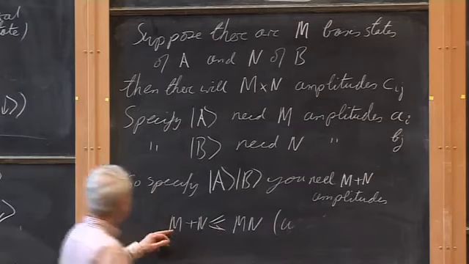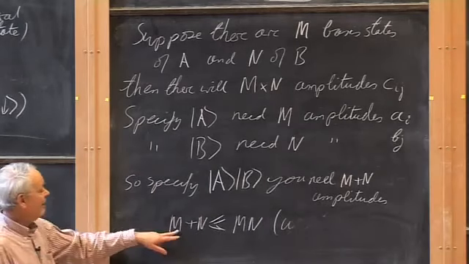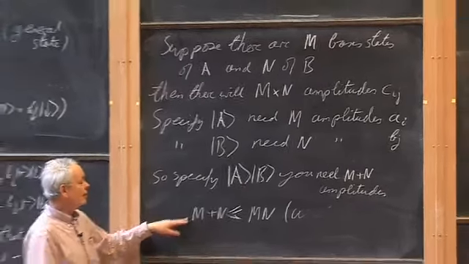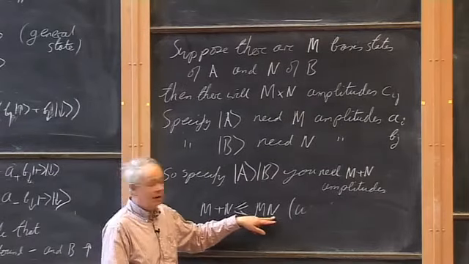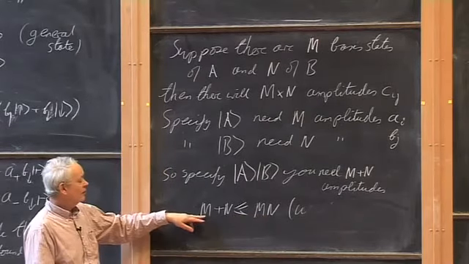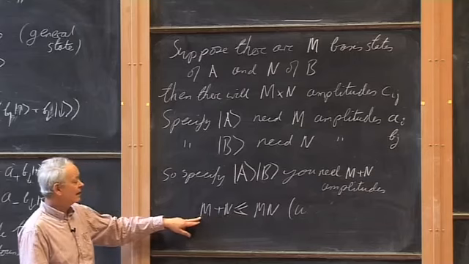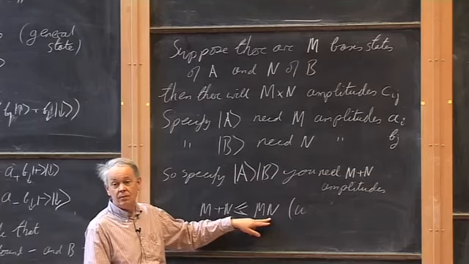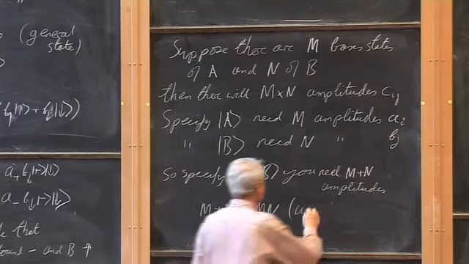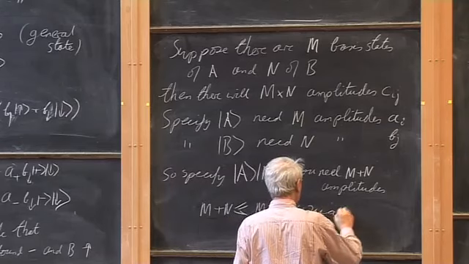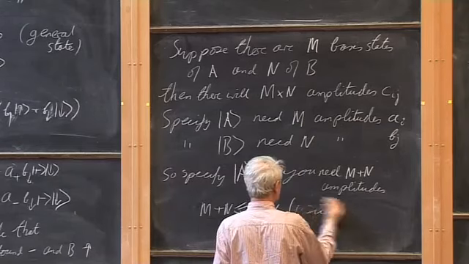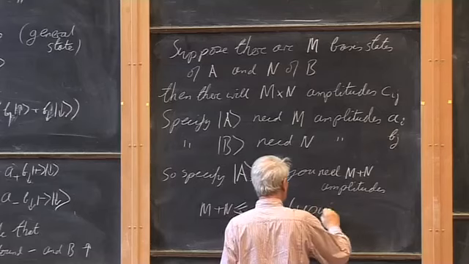In this little example, m was 2 and n was 2, so this number was 4 and this number was 4. But supposing this number was 8 and this number was 8, then this would be 16 and that would be 64. So usually, most systems are not two-state systems. Usually,